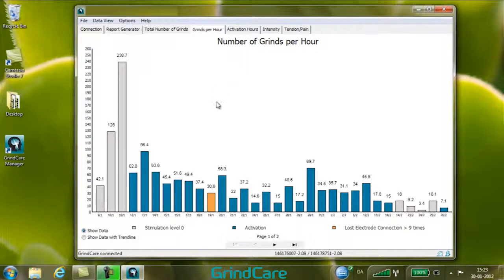The grey colour indicates that the stimulation level was set to 0. This is a baseline measurement. The blue colour indicates an activation session. This is a session with a stimulation level of 1 or higher. The orange colour indicates that the electrode has lost contact to the skin more than 9 times during the night. If this happens frequently, please check that the skin is cleaned and the electrode placed correctly before proceeding with further